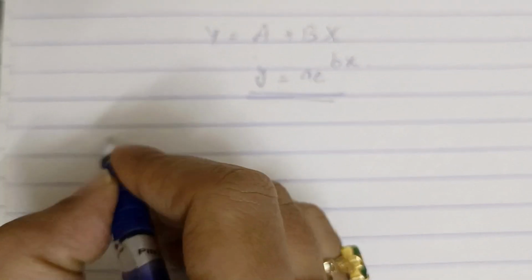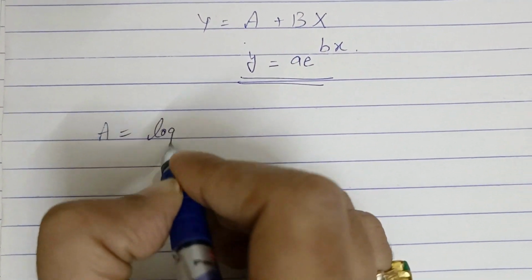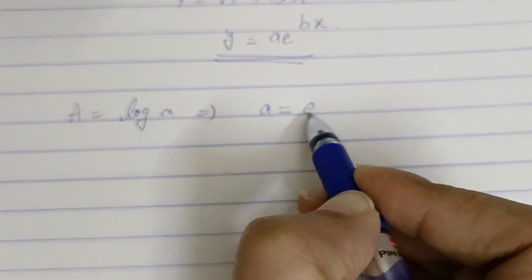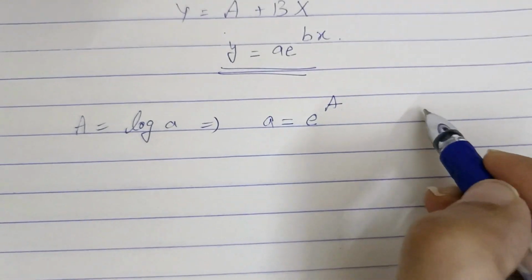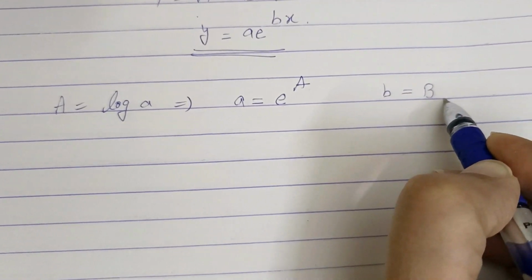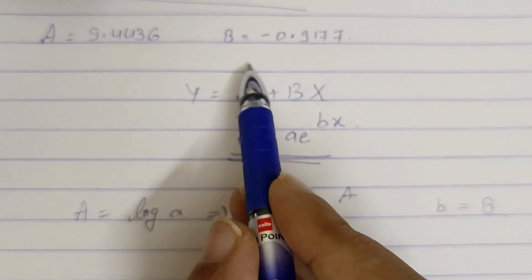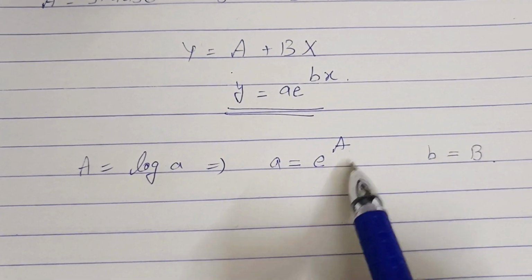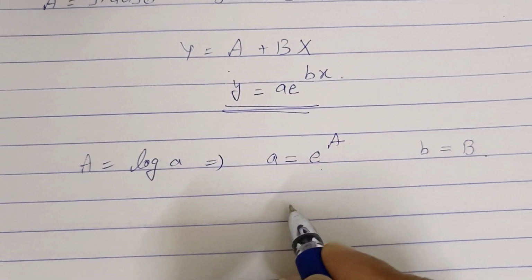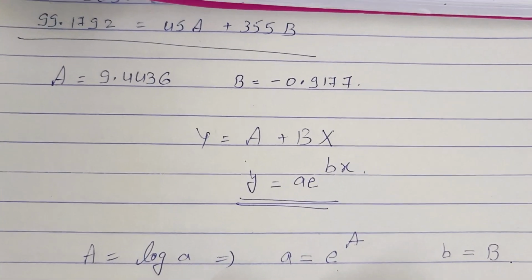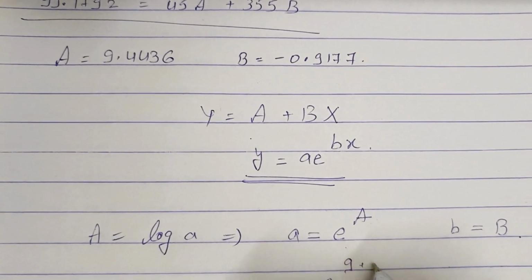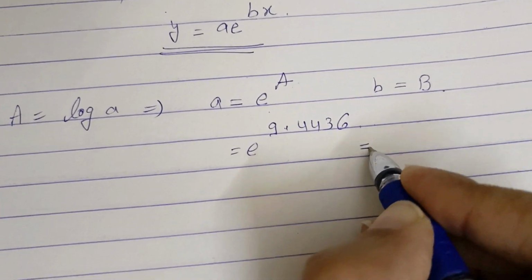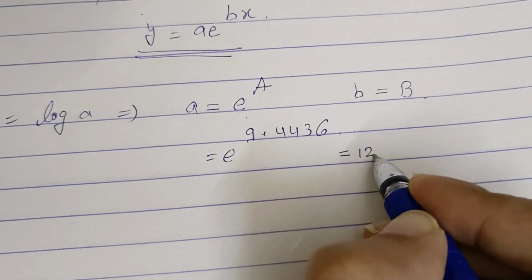You know that capital A is equal to log a. How will you compute small a? Small a will be equal to e to the power capital A, correct? And small b is the same as capital B. Capital B we have already computed, this is the value of capital B. So capital B and small b are the same. You just need to compute the exponential of A, that is, you just need to compute e to the power, what is the value of capital A? 9.4436. You just need to compute this, and if you compute this using your calculator, I guess you will be getting